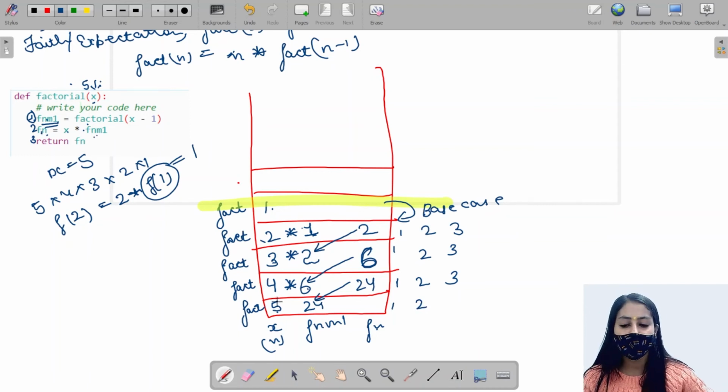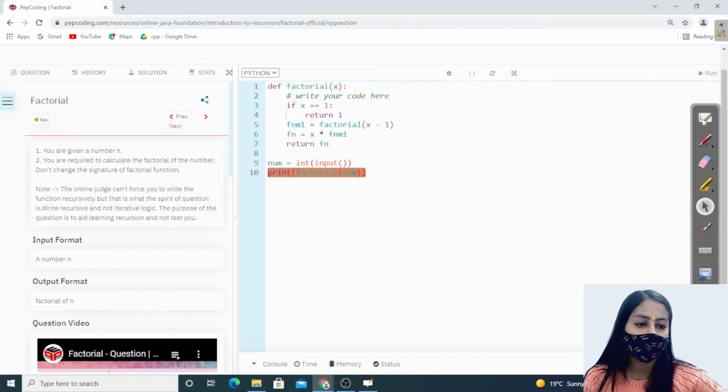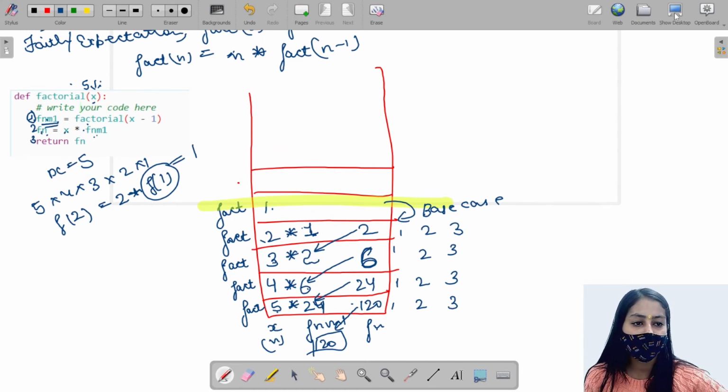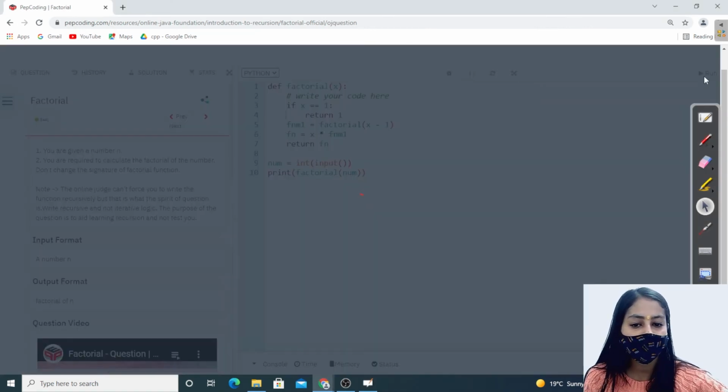For line number 2, our x in this case is 5, 5 multiplies itself with the factorial of 4 and the result is stored in factorial of n, factorial of 5, right? So at line number 3, this result is returned to the main function, and at this line the factorial of 5 gets printed, so 120 gets printed in this case, right? So this is our low level thinking, how this program is executing, right?